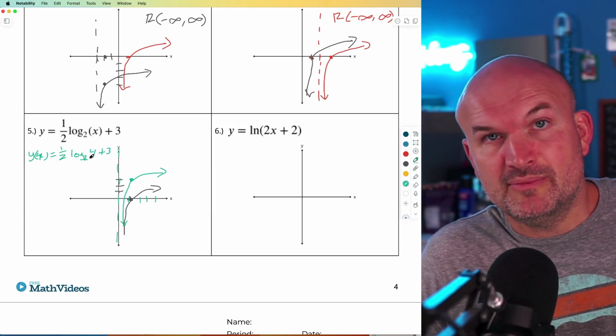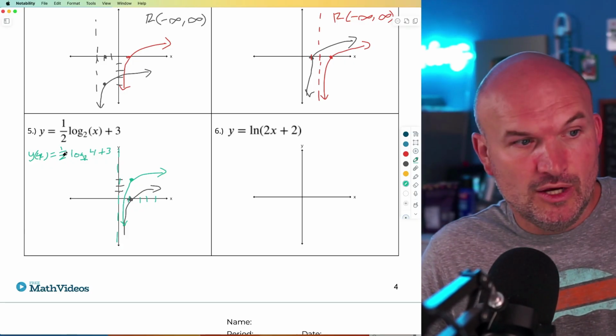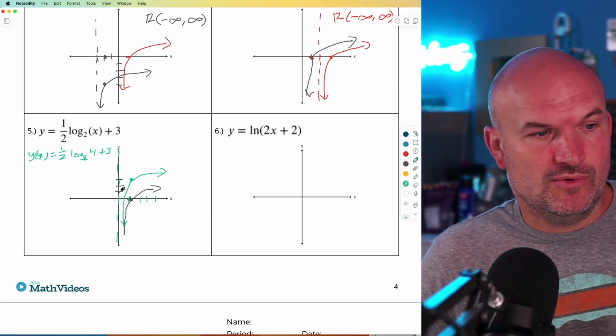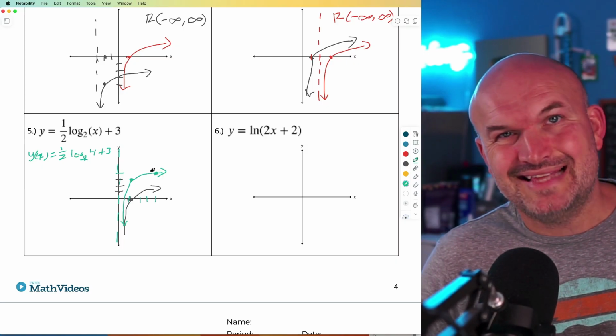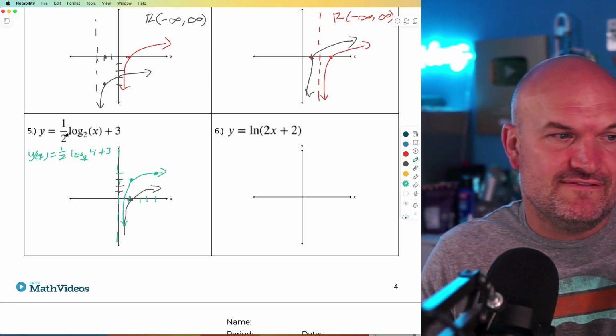So 2 raised to what number equals 4? That answers 2. 2 times 1/2 is going to be 1. 1 plus 3 is 4. So over here, 1, 2, 3, 4. So at 4, you could see my point would be just like that, right? And then again, you could also do 8 and whatever else if you needed to find some coordinate